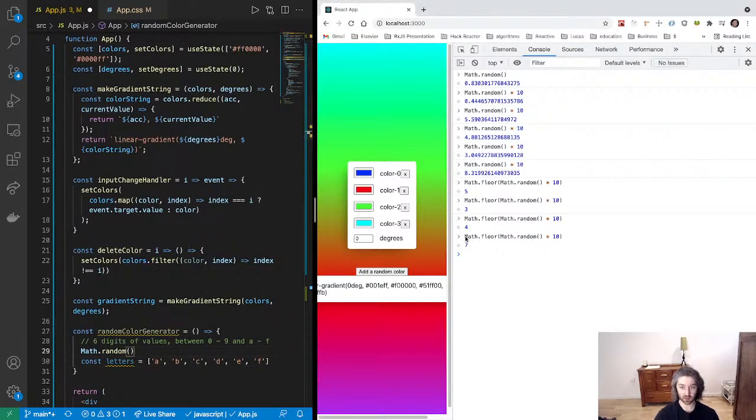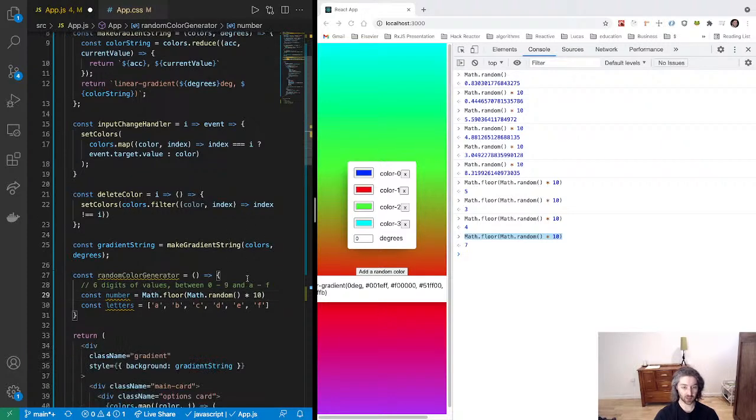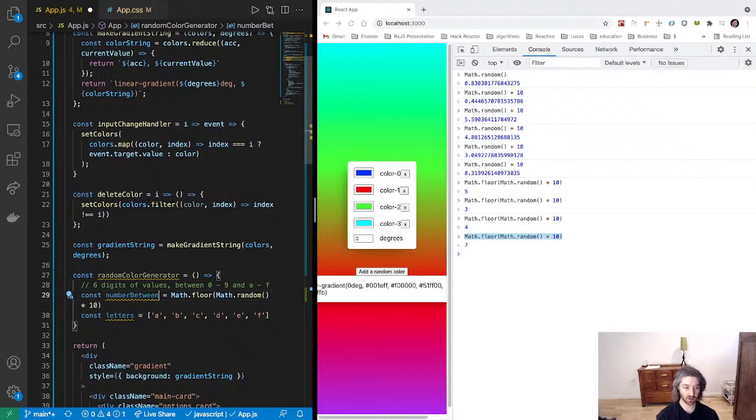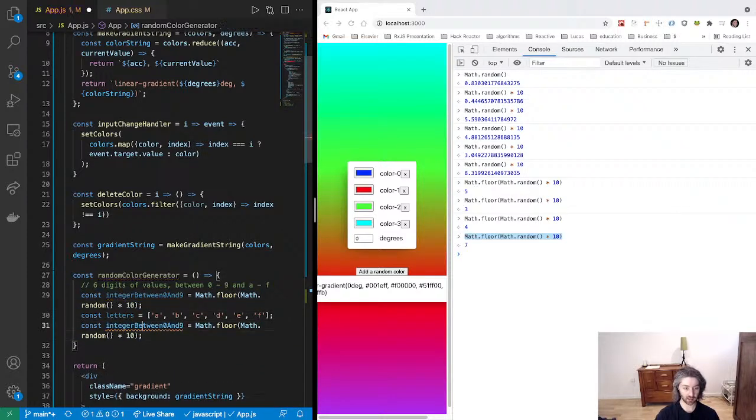I do this one to get, so that makes a number. This is a number between 0 and 9, more accurately, integer between 0 and 9, letters, and then I do integer between 0 and 5, and I do that by